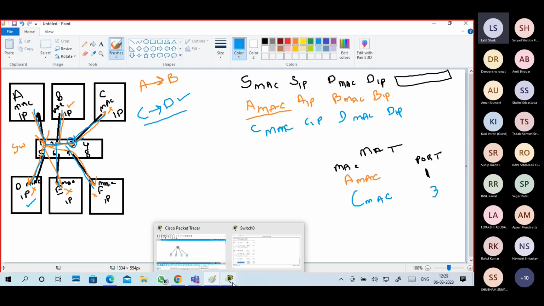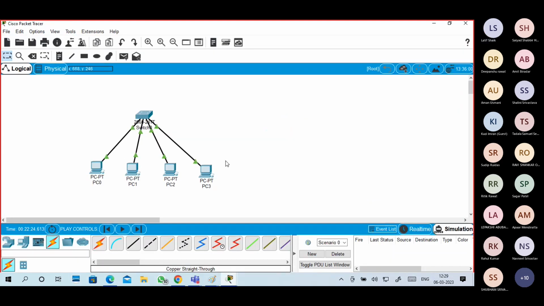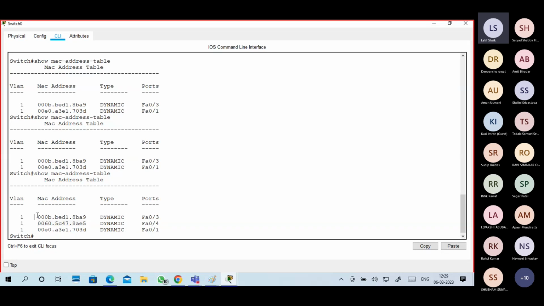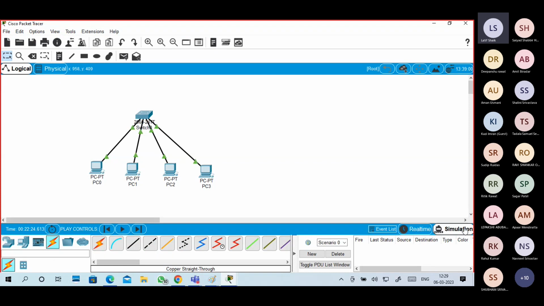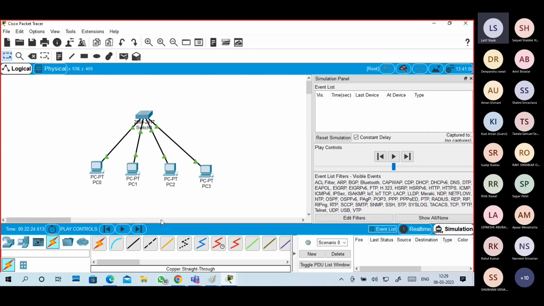I'll show you one last thing, guys. This contains 3 MAC addresses, right? What I showed so far was all broadcasting only. Now I will show you unicast.